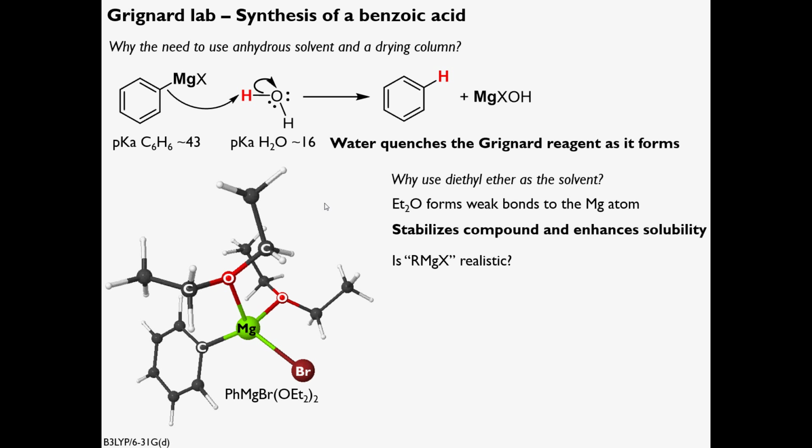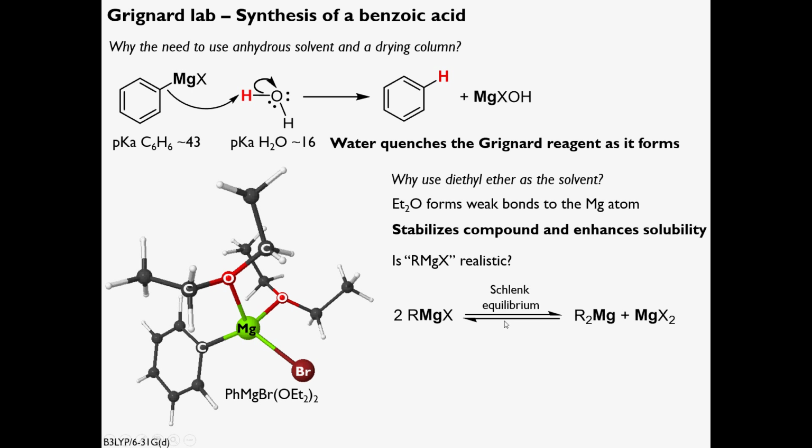Because I've just told you that that's not really the case, because we have kind of shrubbery attached to the magnesium atom. Is this a realistic representation? Well, the answer is no. It absolutely is not a realistic representation across all occurrences. And indeed, there's a thing called the Schlenk equilibrium, which was discovered and studied shortly after the discovery of